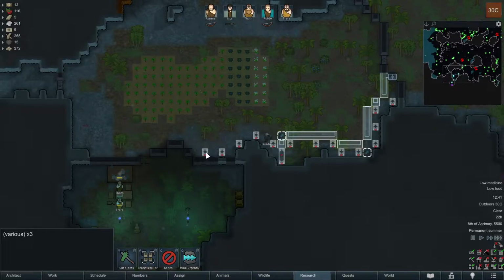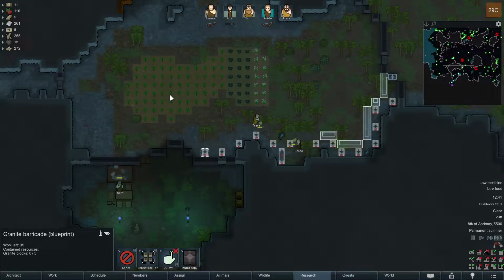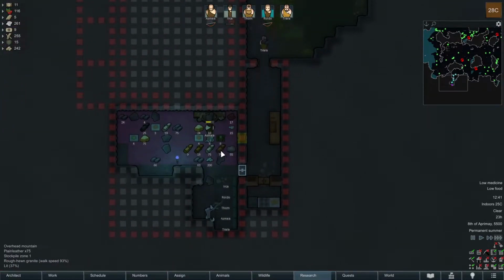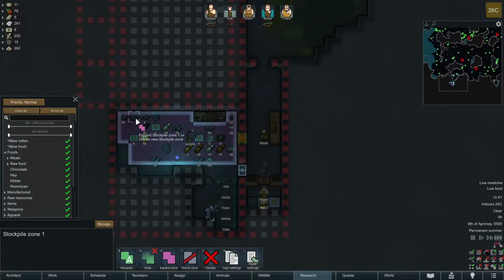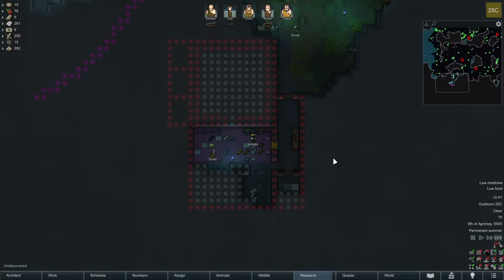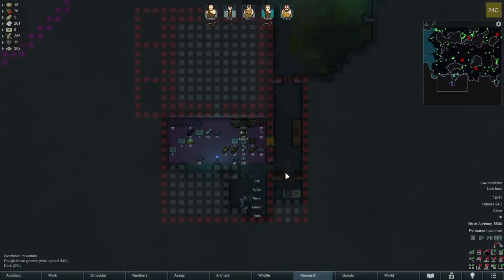I chose barricades here because I don't have any cloth for sandbags and I do not want to waste the leathers on that. You could build leather sandbags, but I prefer to fashion clothing out of those later, because you can sell that. And especially with the mining going on, we will have granite blocks in abundance, so...